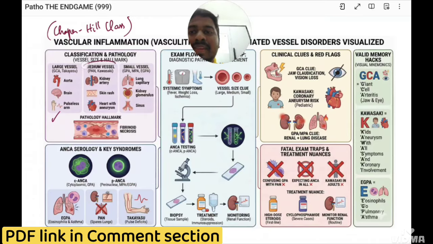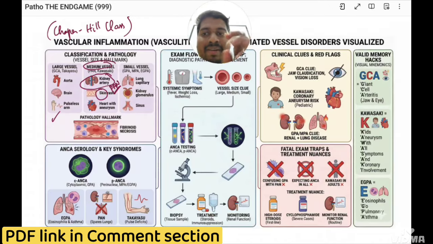Okay, in medium vessel, there shouldn't be any confusion regarding large vessel. In medium vessel, there are again three types, out of which two types you have to remember at any cost. One is vasculitis, which affects mainly kidneys and skin, that is known as PAN, that is polyarteritis nodosa. Second is seen in pediatric population, which affects the heart, and it causes a wide variety of other symptoms along with